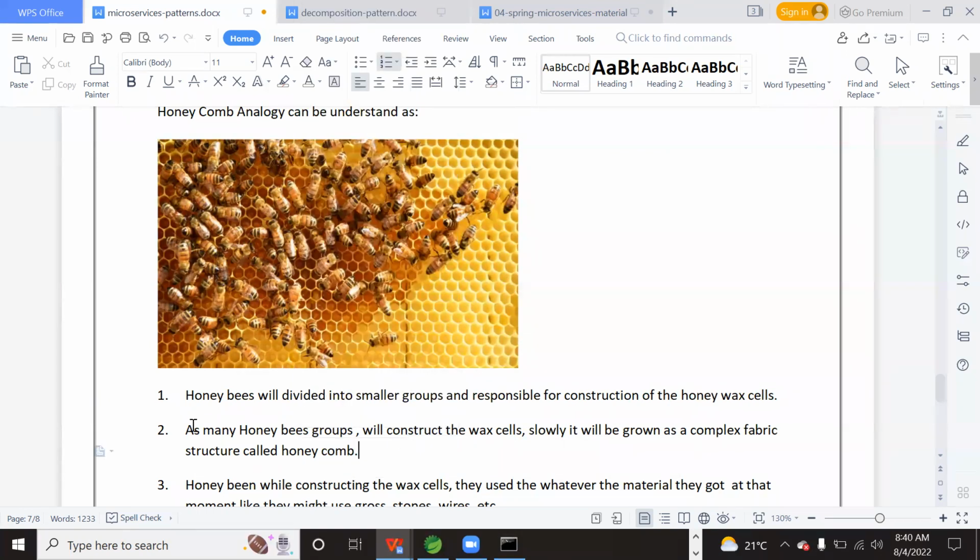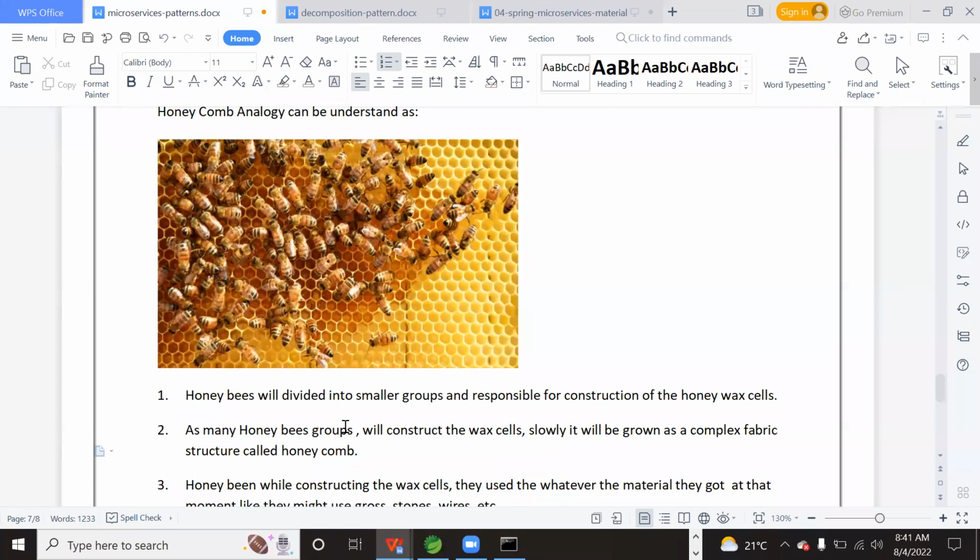Next, as many honeybee groups will construct the wax cells, like 2 to 3 developers are framing one service or two more services. If all the groups start development, all the microservices, a huge microservices development, will be completed.